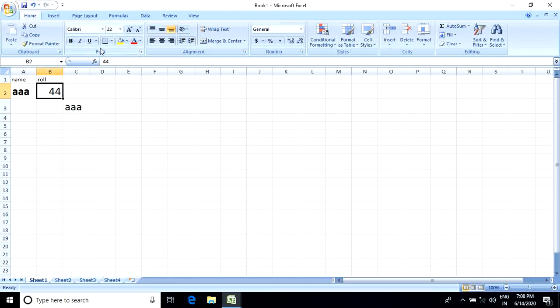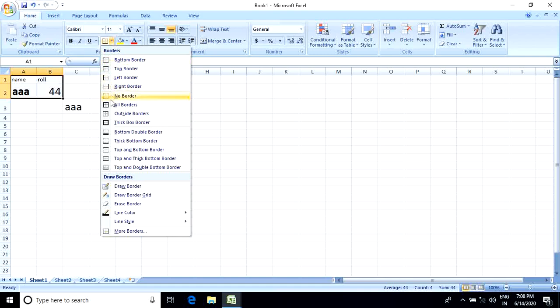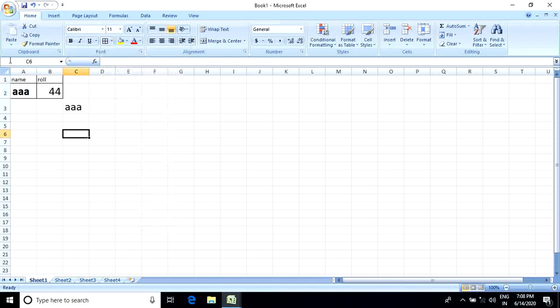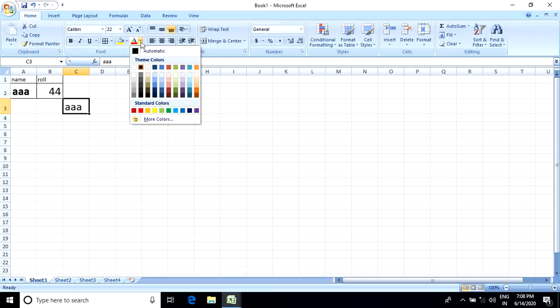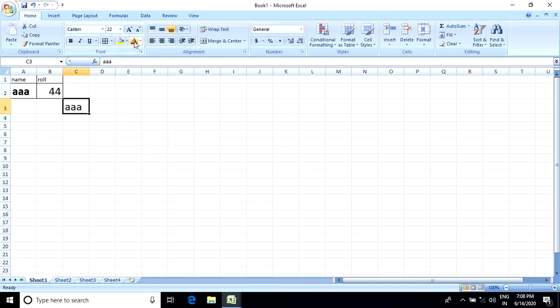Okay. Now you can set the border. Select the area and all border. This is the way to border. Clear? Now you can select the cell, and this is font color and this is fill color.